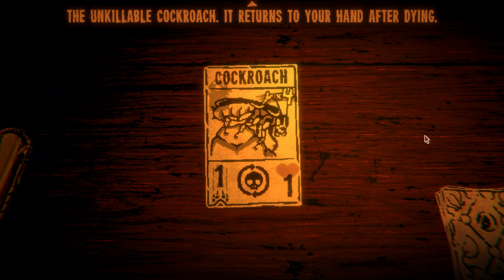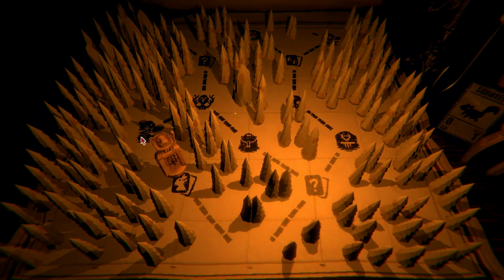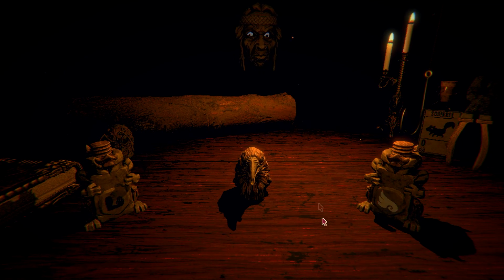Unkillable cockroach. It returns to your hand after dying. Okay. Now, whatever buff we pick... Yes, we already read this once. Whatever buff we pick...